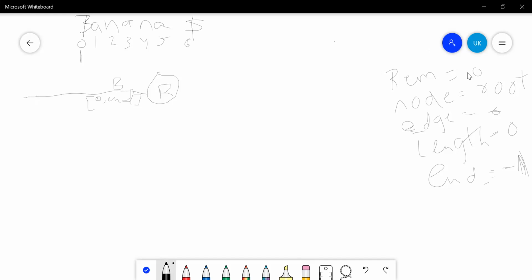So now we will increase the remainder to 1 and end to 0.